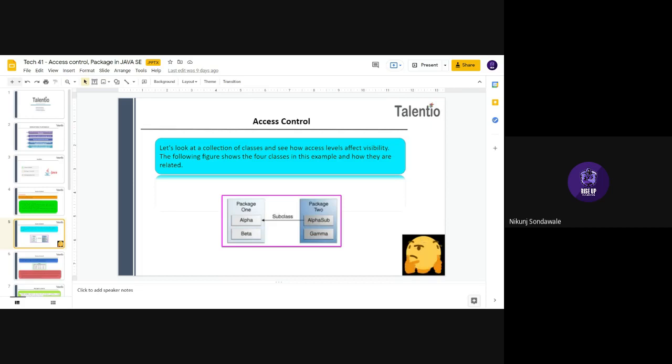Which means alpha class can be a public class, because in the other package also you can access it, right? Only a public class can show this behavior.